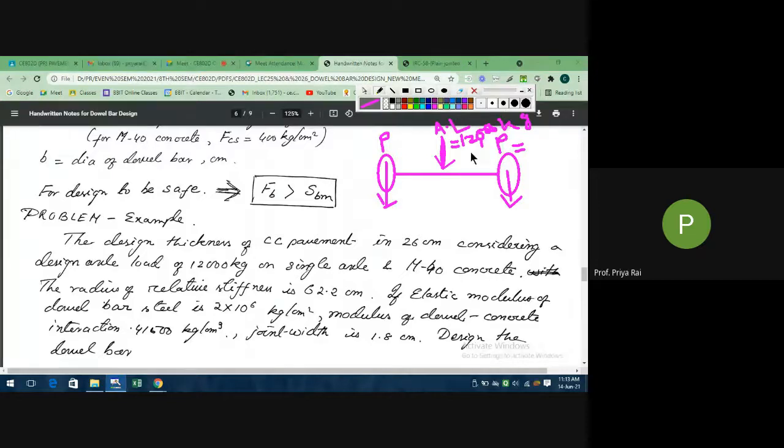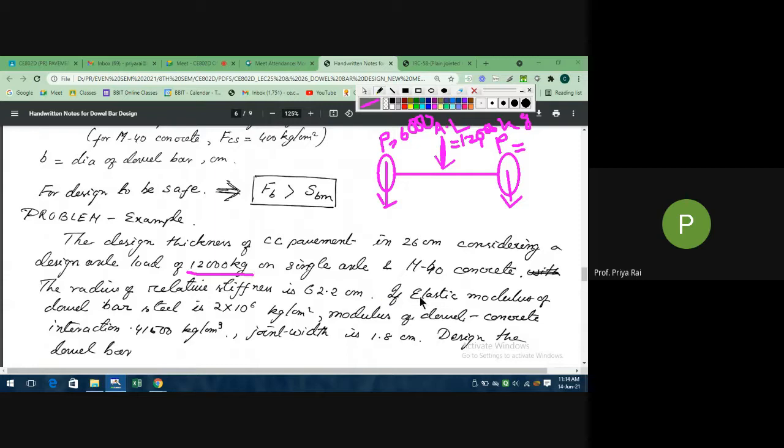If your axle load is 12,000 kg, then what is the wheel load, if it's a single axle? Ma'am, divided by 2 korte hobe. Yes. See, they will transfer equally. Since it is a single axle, they will transfer half of 12,000. So 6,000, 6,000. So the wheel load is known to us now, which is 6,000. Don't consider 12,000 as the wheel load. Your wheel load will not be 12,000, it will be 6,000.